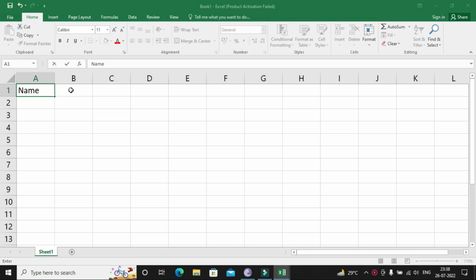Now in second cell, let us take one subject, physics, then maths, chemistry. Now suppose the name of the student, Aditya, first student is Aditya, second student Divya, third student Bhavesh, fourth student